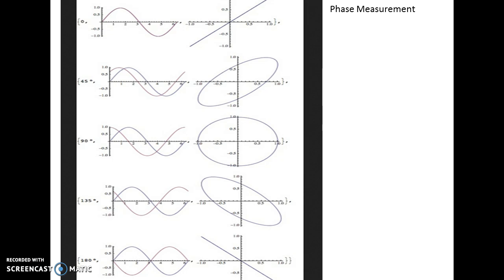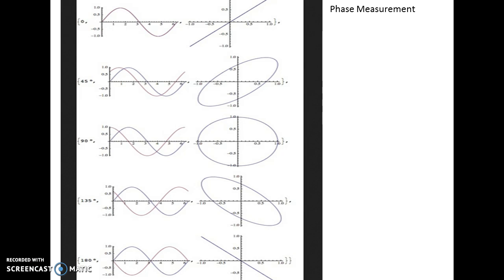So what is done is, a known frequency signal is given to the X plates and an unknown signal is given to the Y plates. Based on this pattern that is achieved, the phase and the frequency of the unknown signal can be analyzed. So there are two measurements that can be made by the Lissajous patterns. They are the phase and the frequency measurements. Let us look at the phase measurement first.